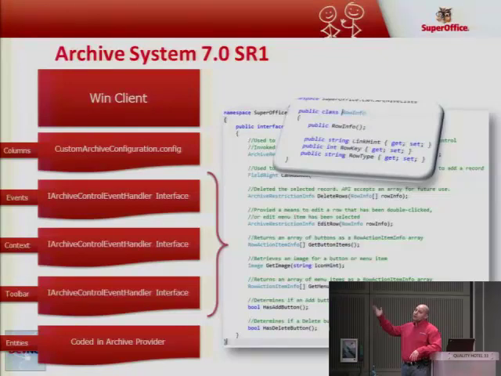Is it an appointment? It'll say appointment. If it's a company, it'll say contact. If it's a person, it'll say person. If it's an invoice, it'll say invoice, if that's what you've defined inside your archive provider. The row key is the primary key for that record. And then the link hint,